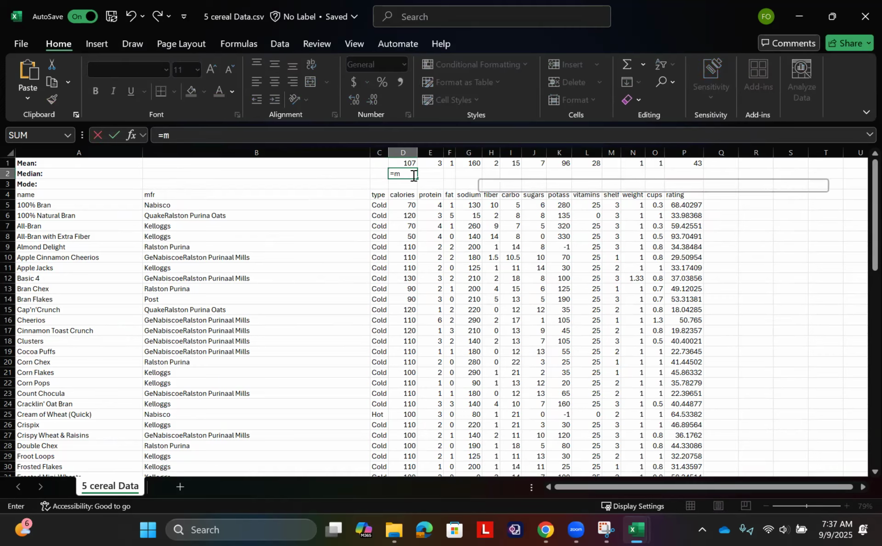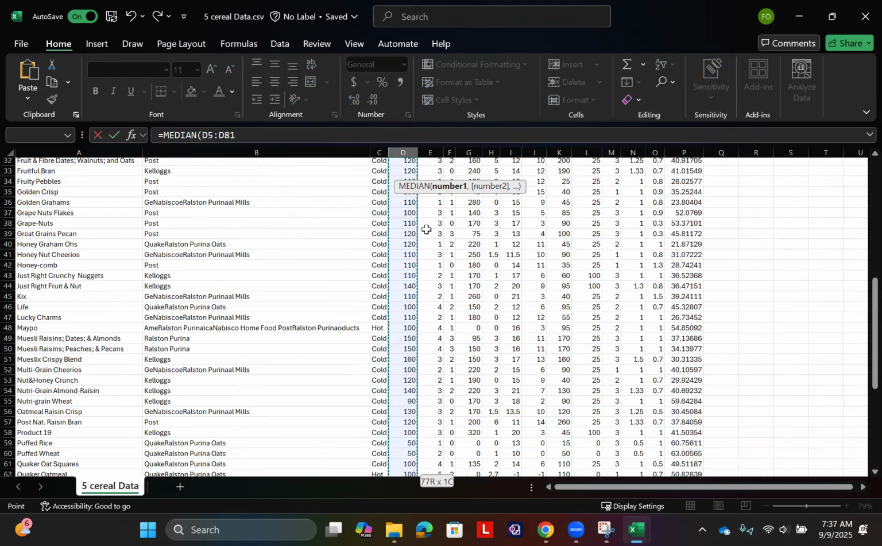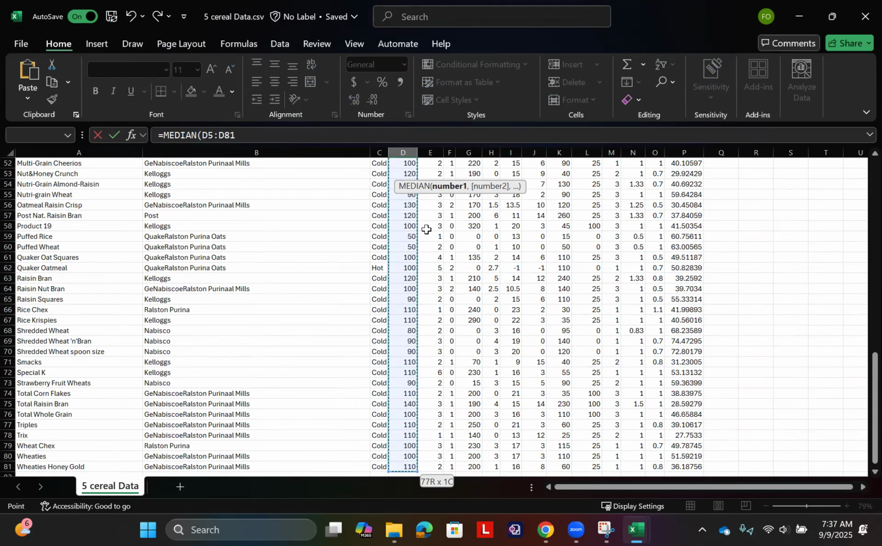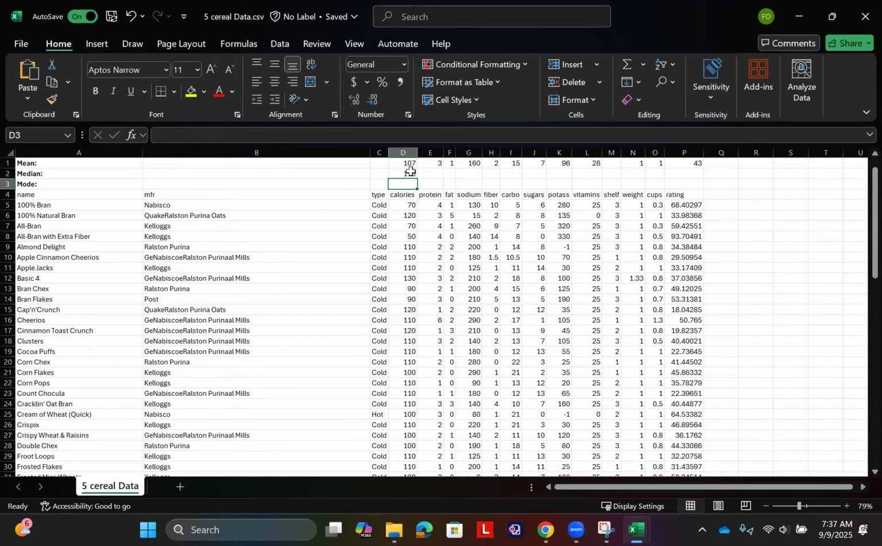So what I'm gonna do is type median, and I will click on this D5 and Control Shift down arrow, Control Shift down arrow, press enter. So you can see the median here, right down corner, black cross, drag it all the way. And again, column M, it doesn't make any sense. So for example, median score